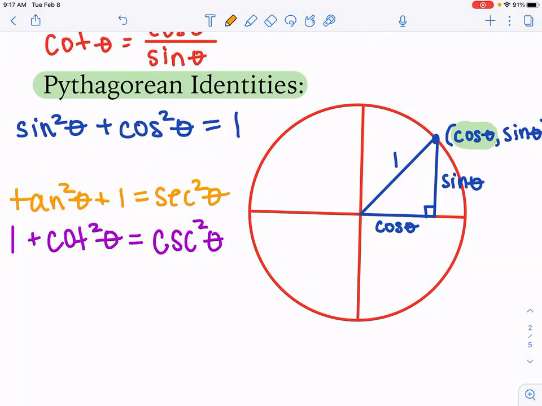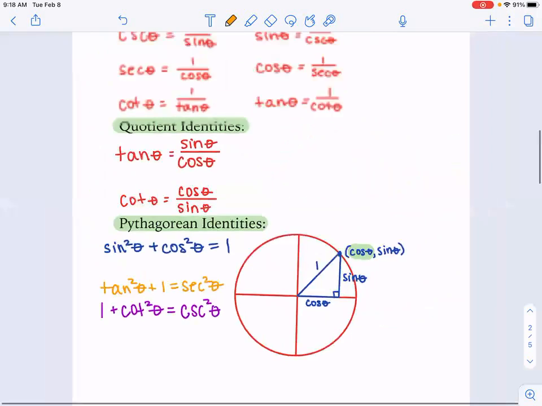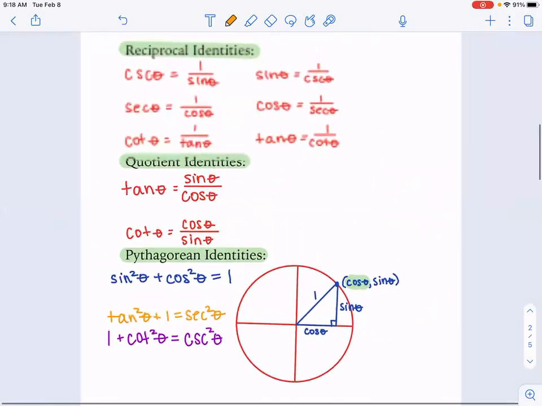We are taking cotangent as x divided by y. Well, that's cosine divided by sine. Okay, so these three are the new ones, but these right here,